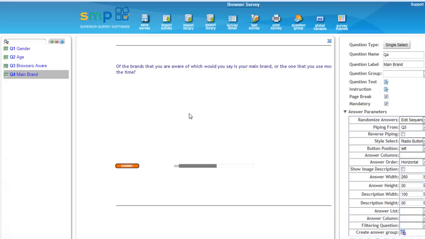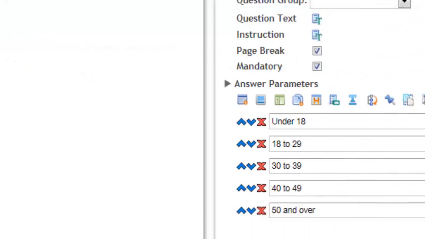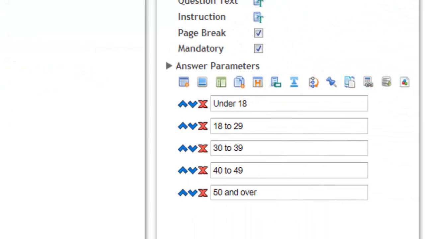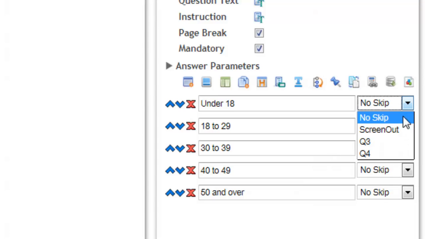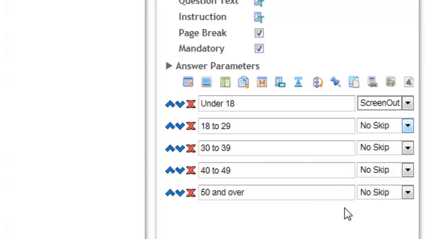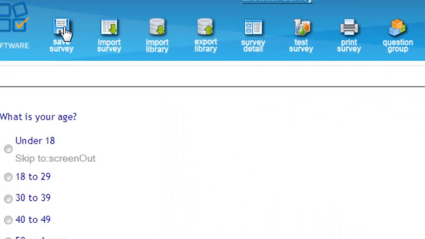One more thing I'll show you before we finish is how to quickly screen out survey respondents. We'll go back to our question age, and I'm not interested in people under 18. I want to screen them out of the survey, so I go back to my answer parameters here and I select the skipping function for each answer, and you can see a drop down will appear, and this allows me to skip to any of the questions in my survey if that particular answer is selected. Now, what I want to do for under 18s is actually screen them out, so I would select screen out, and what I'll do is save that again,